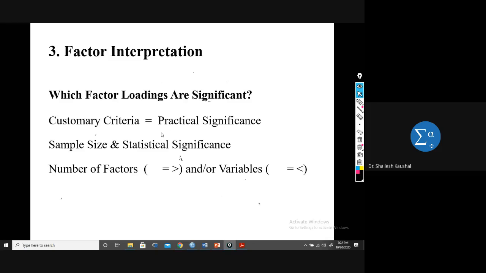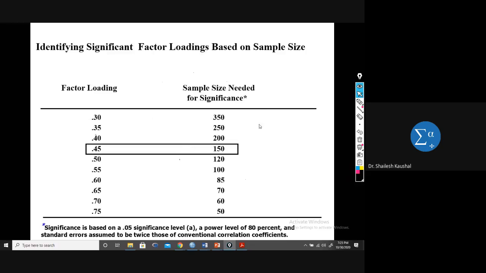Now, factor interpretation. So practical significance, sample size, statistical significance, and the number of factors and variables. Here the customary criteria: practical significance means which factor loadings are significant. Theoretically, the value of the factor loading should be greater than 0.5, but here is the table suggested by Hare and